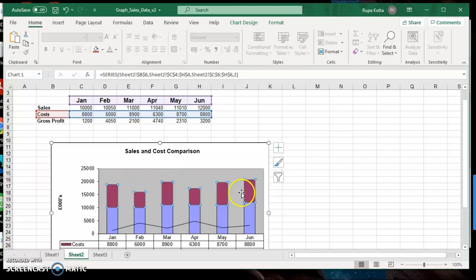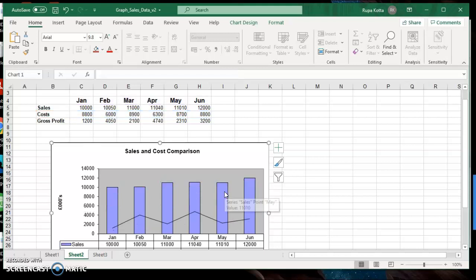So select any purple element of the chart. You can see all the purple elements are now highlighted. Press the delete button on your keyboard. And that's it. All the cost data is now gone, and you only have the sales data and the profit